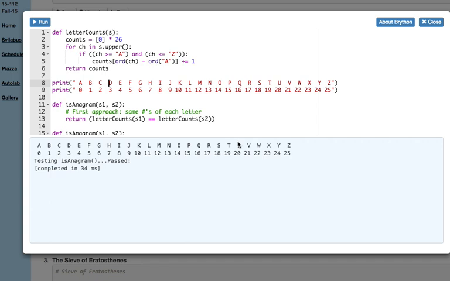Everyone, I'm going to be talking about anagrams, which is a worked example for 1D lists. There are two methods to solve this problem. The first involves a helper function called letter counts. The first thing we do in letter counts is create a list called counts that has 26 zeros